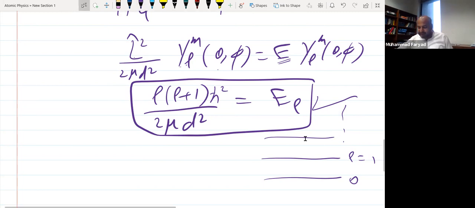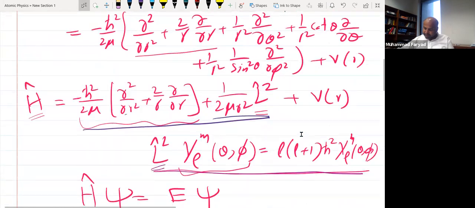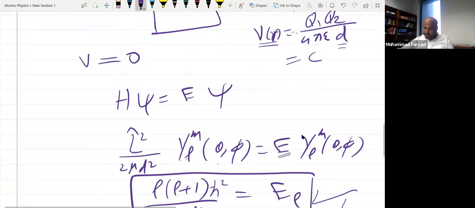Okay, so let's get back to our hydrogen atom again. Now we have this V of R to put here, and our equation becomes